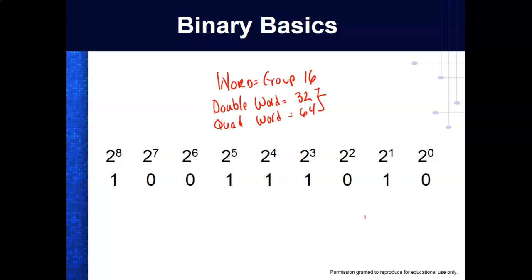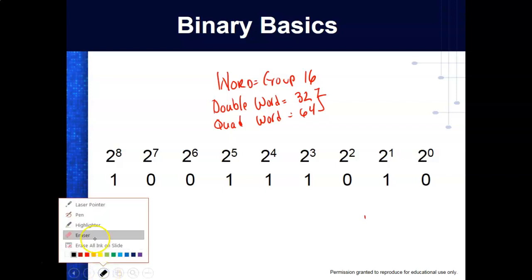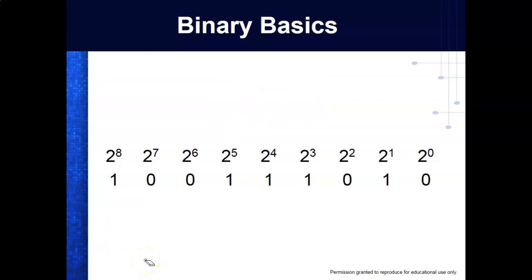So each one of them holds a power of 2. So let's say I wanted to convert this to decimal. Well, what I would do is I'll come up here, and instead of putting the weights of the powers of 2s, I'll put the equivalent decimal weight. What's 2 to the 0? Any number raised to the 0 power is 1. 2 to the first, 2. 2 squared, 4. And we just double every time. What would that be? 8, 16, 32, 64, 128,